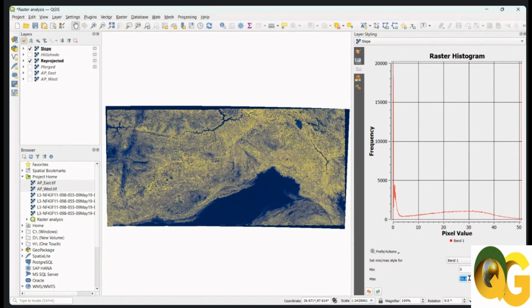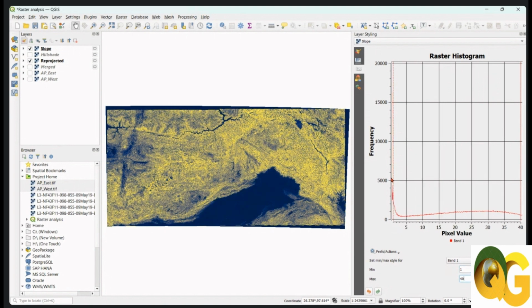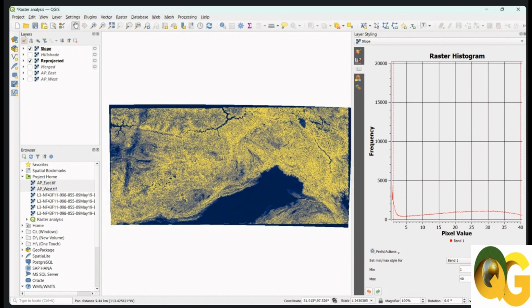So anything greater than 50 will be categorized together. All the values greater than 50 will get the highest color in your color ramp. If you want, you can also refine here as well. So let's keep it 1. We will start from 1 degree to, I'll go with 40 degrees. This is how I am going to distribute the classification. Now